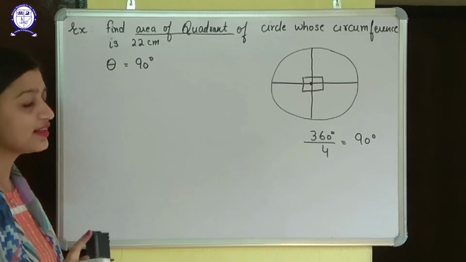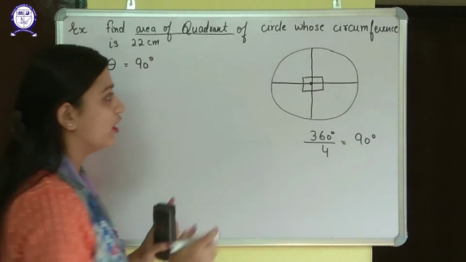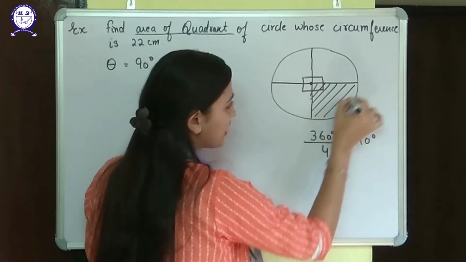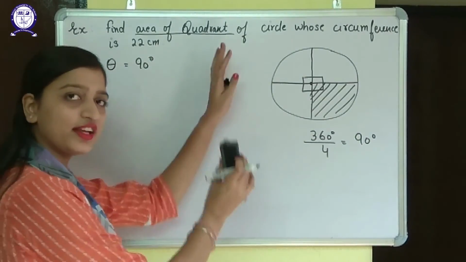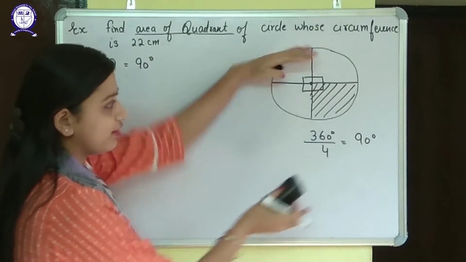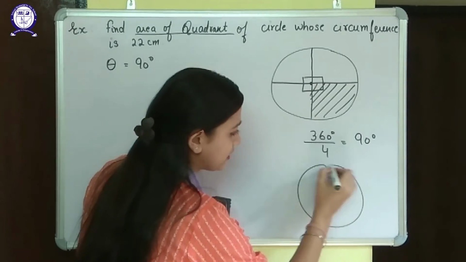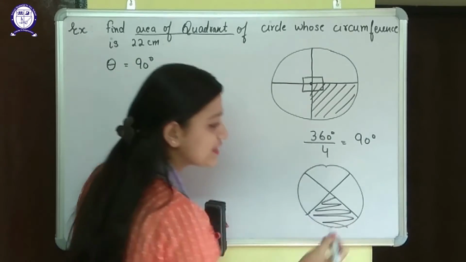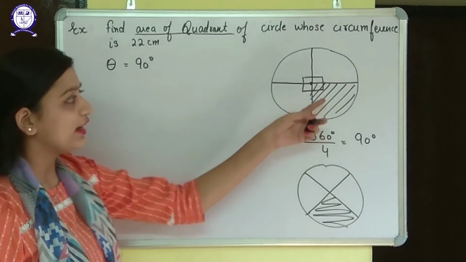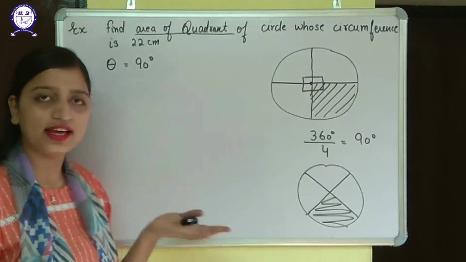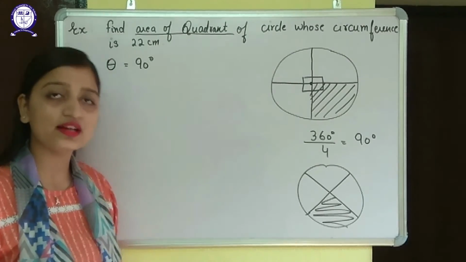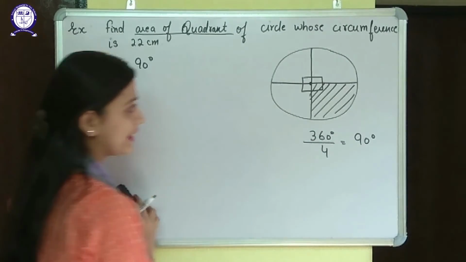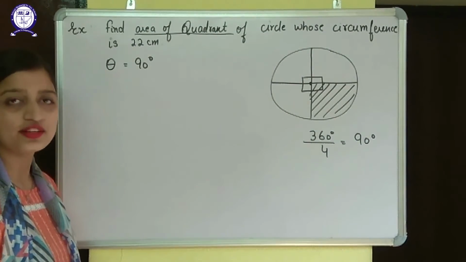Now you can see that this is also kind of a sector. If I look at this one, this is also a sector. Only the figure is made like that. If I make the figure like this, then we can easily see that this is also a sector. So it can be of any degrees; 90 degrees will also be a sector of the circle. So we need to find the area of the sector, but the radius is not given to us.